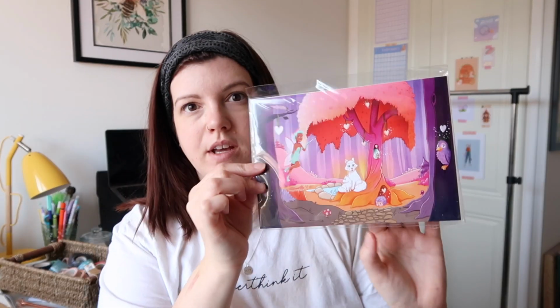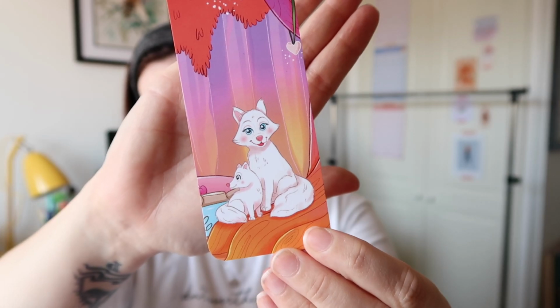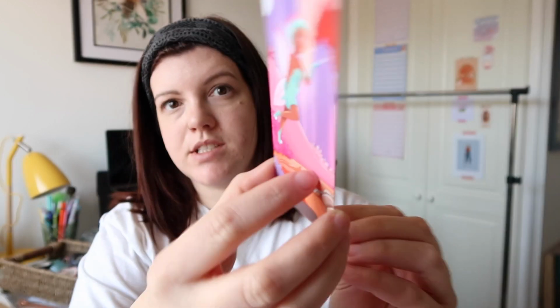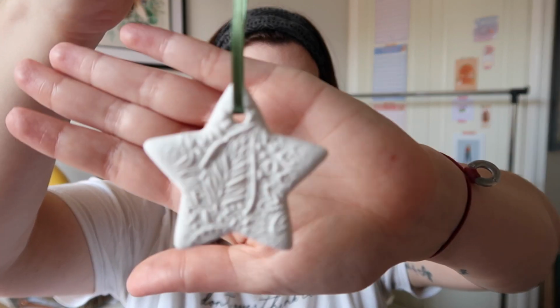which is beautiful. There is also a sticker, which is of these fox characters here. But I've misplaced that. I thought I'd put it in my sticker little folder thing, but I can't find it. But it must be around here somewhere. You then get a bookmark, which is double-sided. So it's got that side and then that side. Yeah, and it's super soft, which is really pretty. You then also got this little clay decoration,